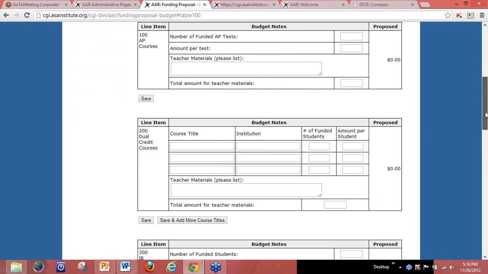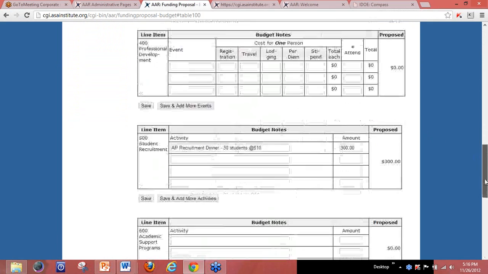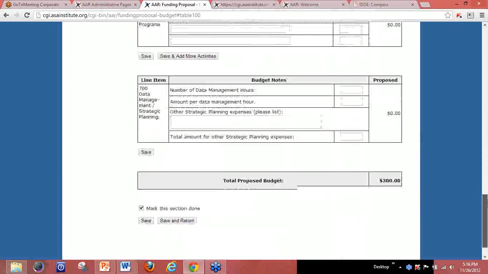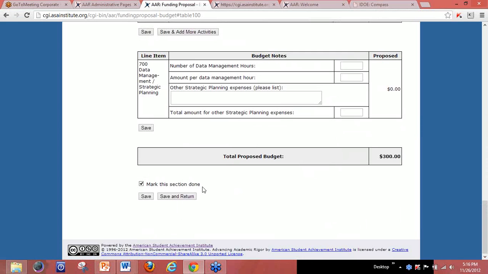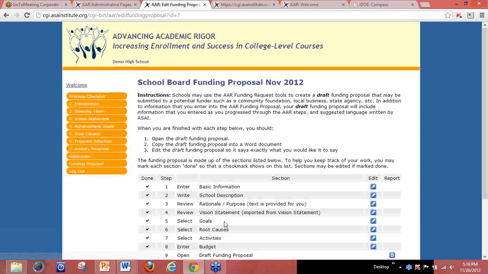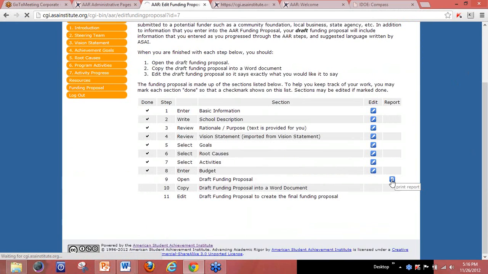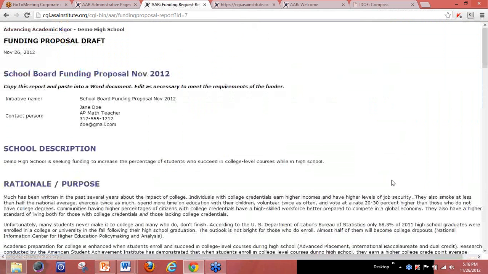And then when I put that in, it changes the amount on the right-hand column, and then also changes the amount on the bottom. So this section is done. Save and return. Okay, so now on my funding proposal, all the sections are done. I can open a funding proposal draft. So this is then what I would give to the school board,